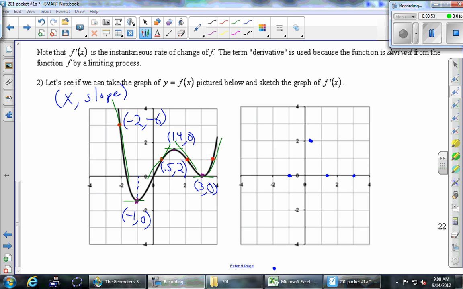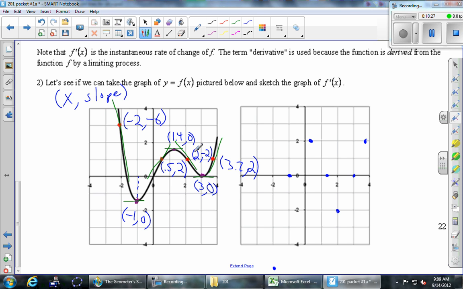Okay, so we'll grab these last 2. What's the x of this random red point over here? Looks like it's around 2. Tony says slope is -2. Is that close enough to numbers that you guys had written? So 2, -2. And then finally, the last red point, what's the x? Maybe 3.7. And then the slope, maybe about 2. Again, doesn't have to be exactly that. We go to 3.7, we go up to 2, and that's our last one.